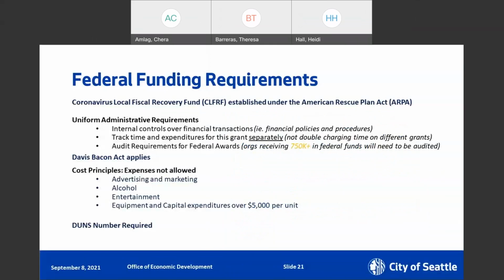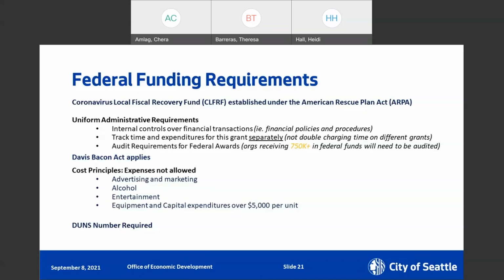And speaking of federal funding requirements, wanted to just touch on a couple of key ones so folks were fully aware of what some of those expectations might look like. Some terms that might come up is the American Rescue Plan Act, or ARPA, which is what established the federal funding by Congress to help cities and states recover economically from the pandemic. And any federal funding has some parameters for what you can and can't use it for, and they're known technically as the Uniform Administrative Requirements.